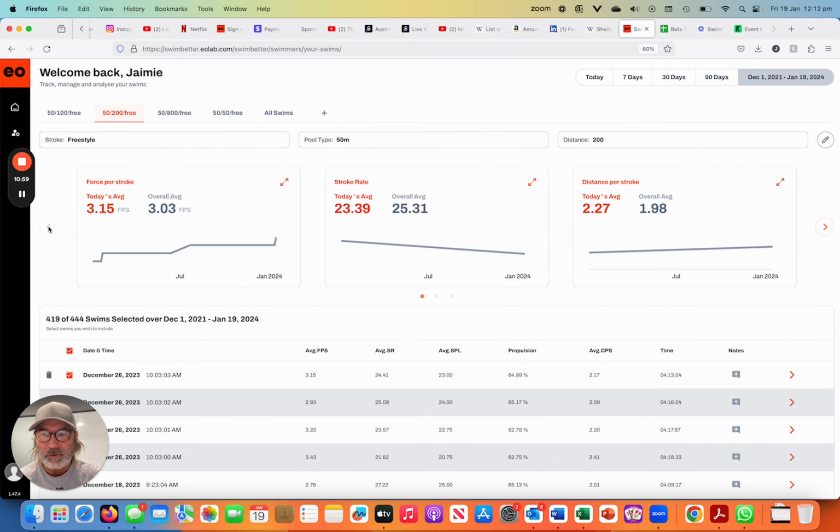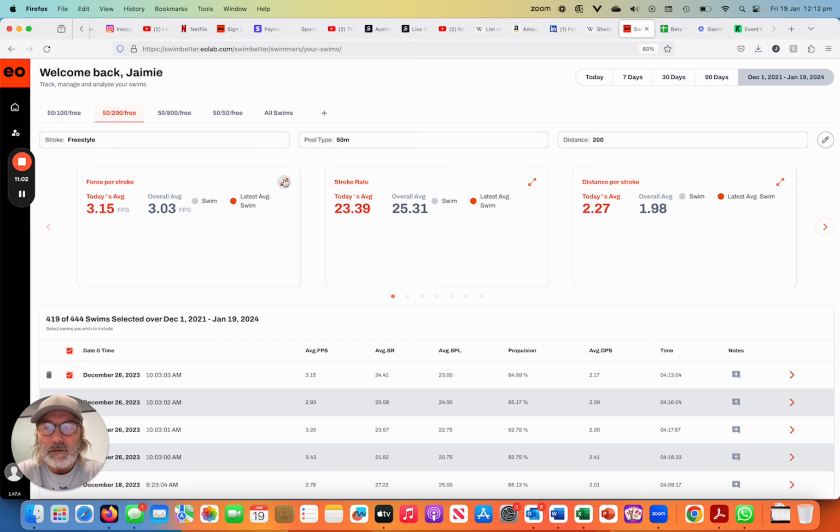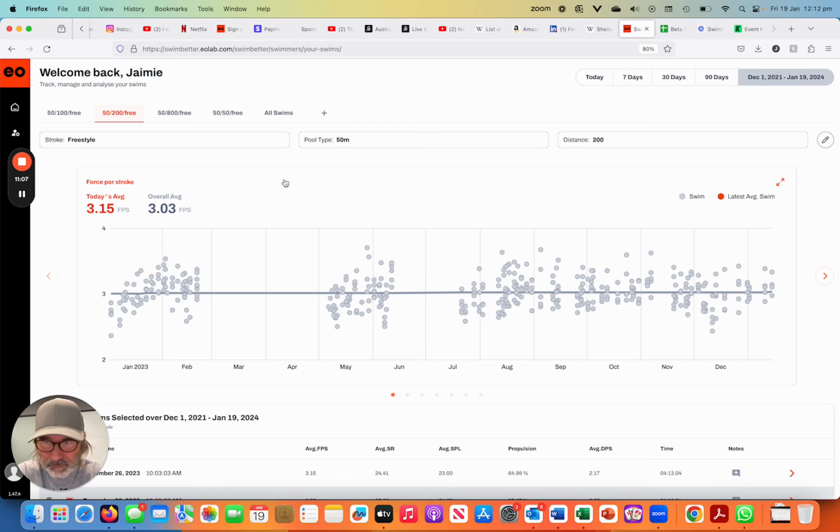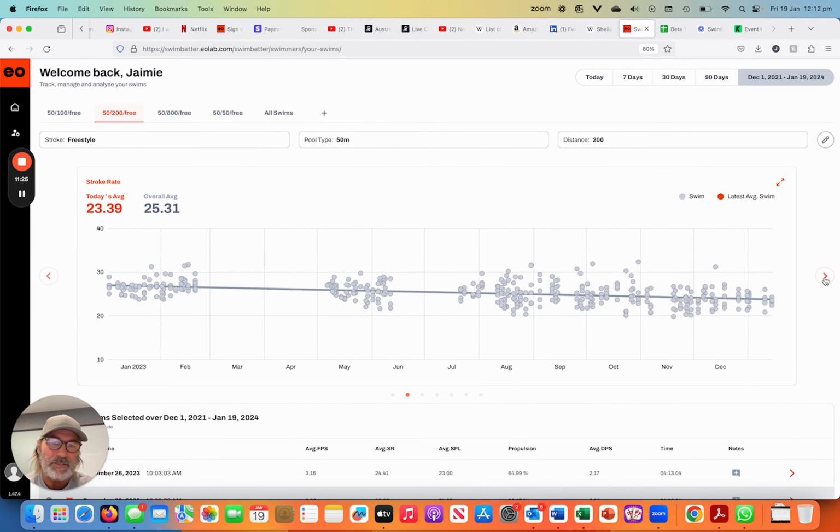If we go back, let's look at the force per stroke evolution over that time. It's a bit more difficult to see because there are so many different files. Here, I started in the 2.3 to 2.8 range, and I'm now sitting around 2.98 to 3.3. So there has been a gradual increase, but this tends to be more about playing with technique than necessarily pushing too hard. My stroke rate, you can see, went from 27 down to 23